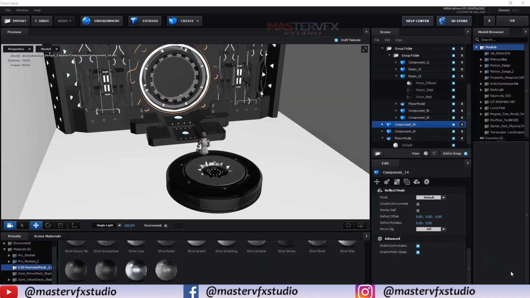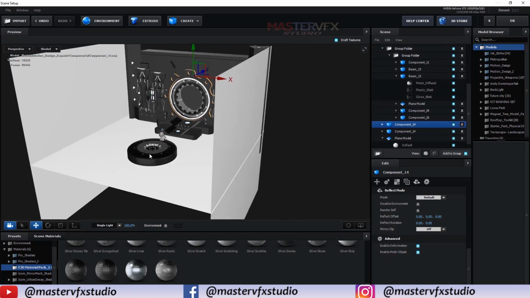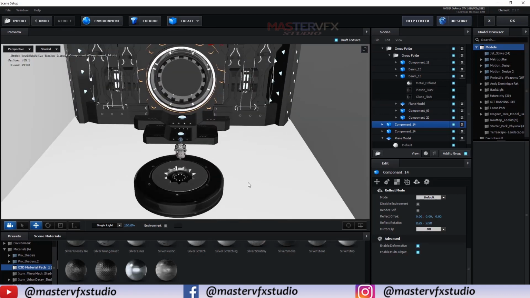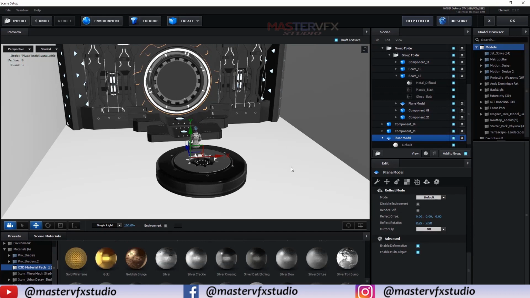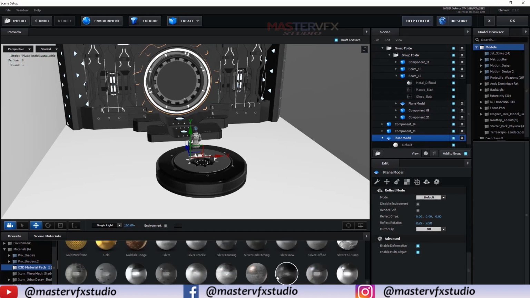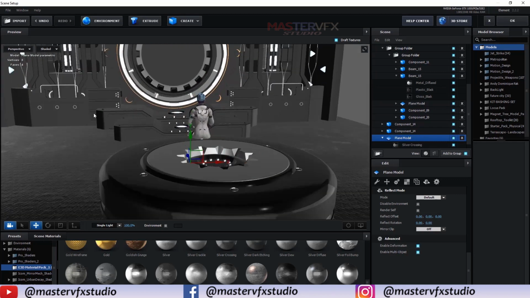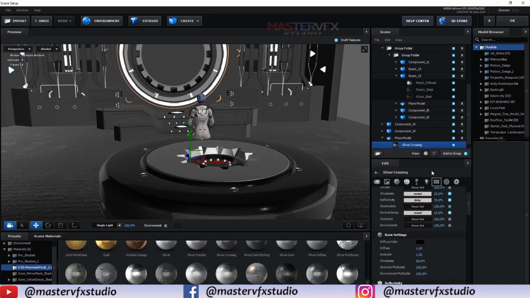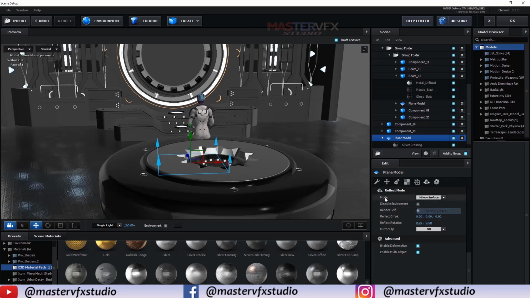So now guys, we are going to texturize our model. For that we are going to texture the model one by one. So select this plane, and I have some material presets, so I apply a silver looking material on this floor. So here I'll use silver crossing and change this plane's reflect mode to mirror surface.